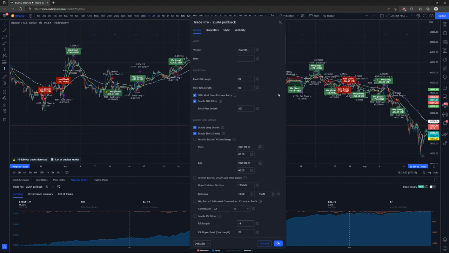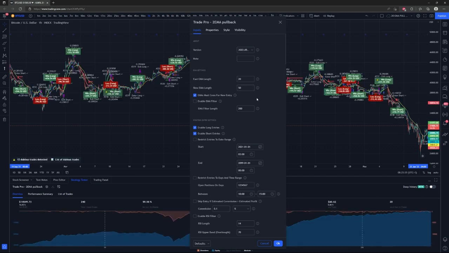Hopefully that makes sense. And then there's the EMA filter, so you can actually turn this off. I have it set to a 200 period EMA, which is just a trend direction filter, so only going to short below the 200, only going to take longs over the 200. If I turn it off, it's not going to have this as a condition, so it's only going to be using the 20 and the 50 crosses as the